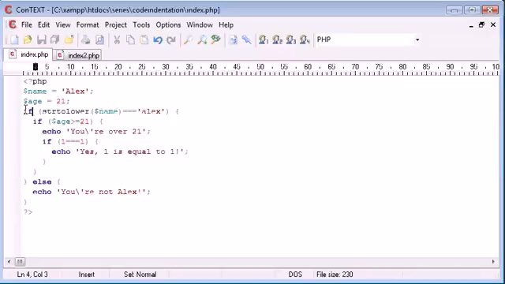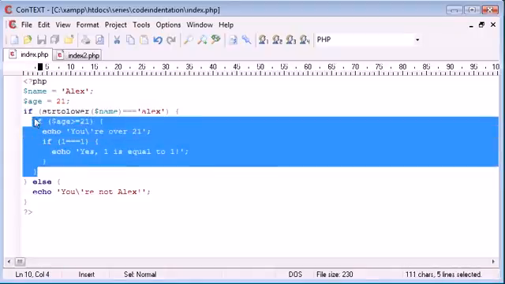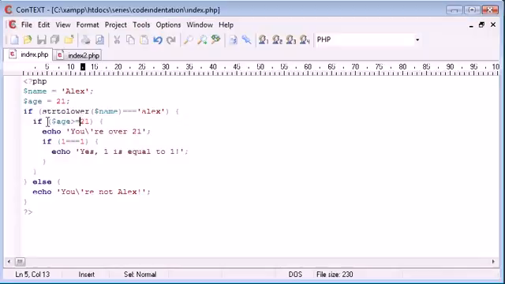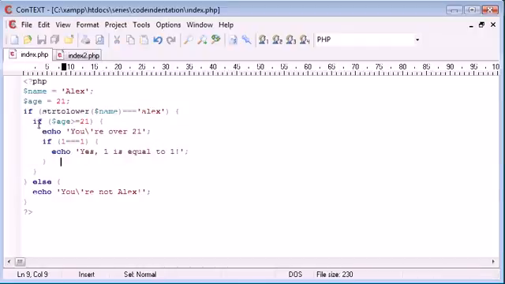Everything by default starts without being indented. We've made the first if statement, so I can already tell the block is just from the start of this if down to here. This is the start of the block and this is the end of the block. This is the start of the top block and this is the end, and then we say else. Inside of this block, where we're saying is age greater than or equal to 21, we can automatically tell that because we've got straight lines down here and down here. And then we've indented just the echo inside of here. So you can